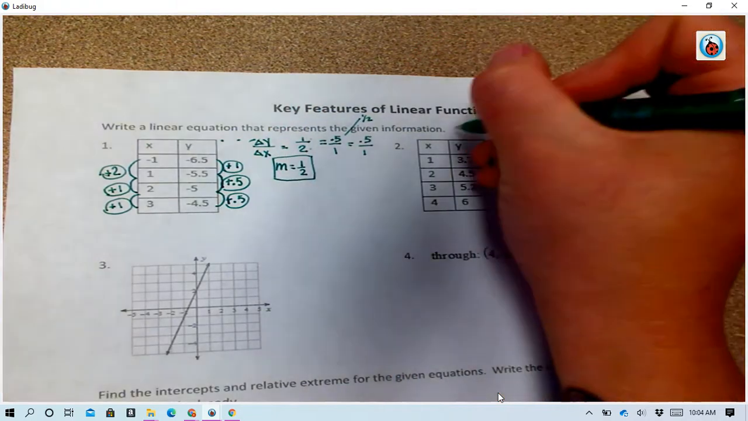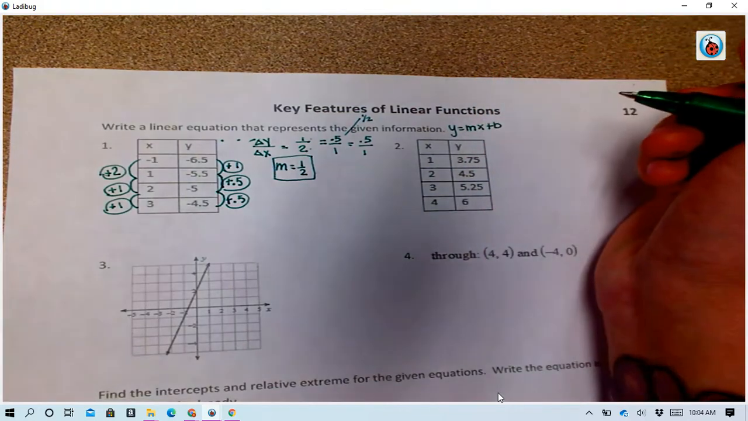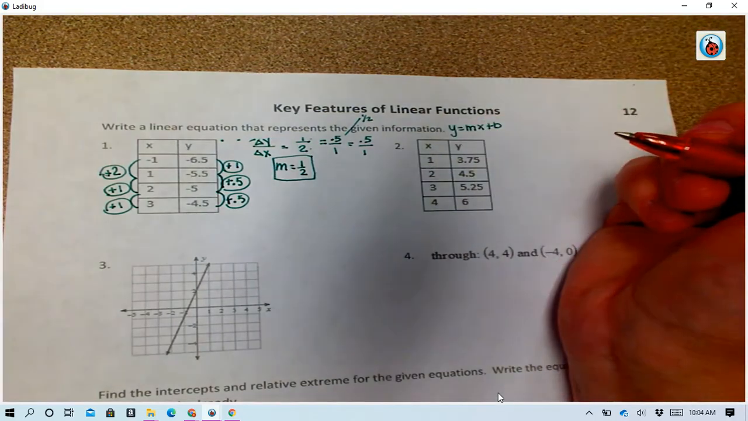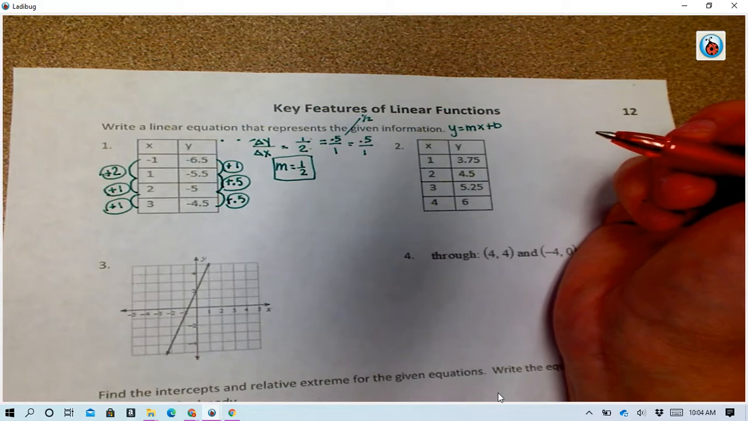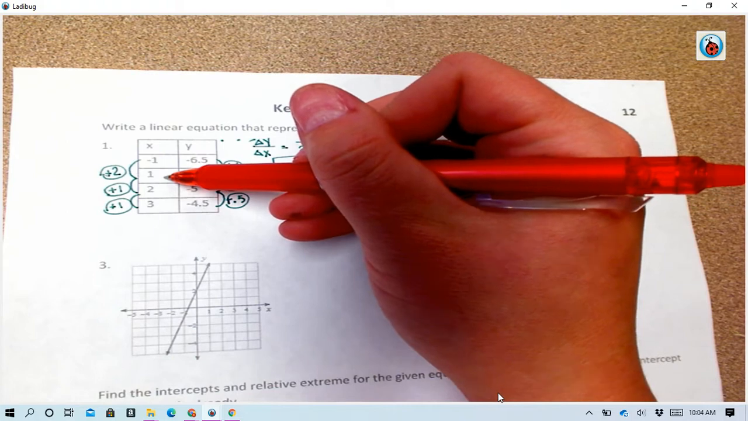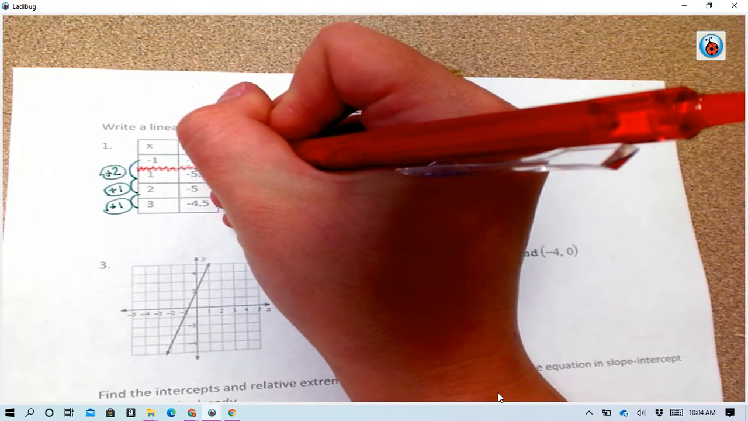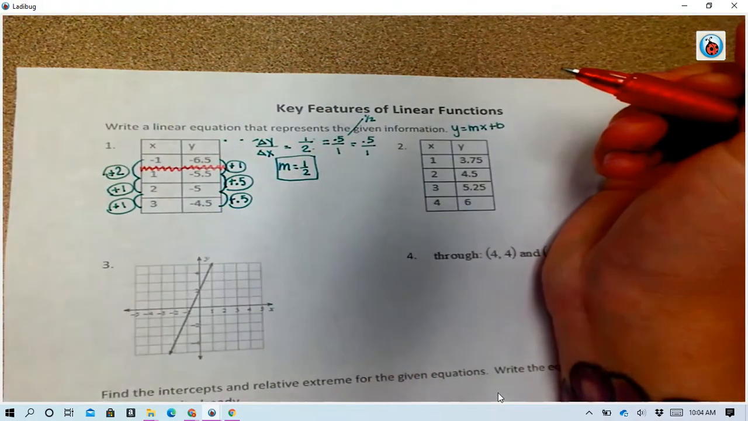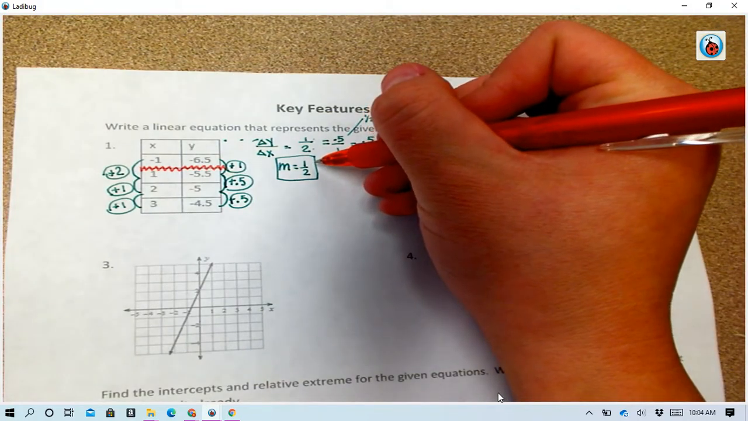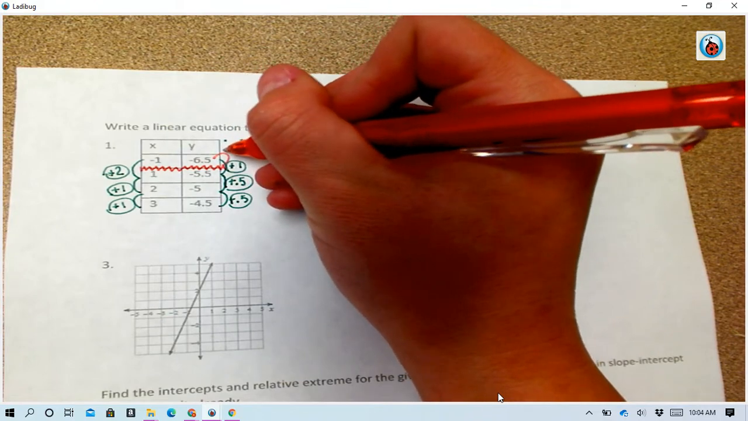Now we need to find our y-intercept, because if we're trying to write an equation, y equals mx plus b. To find our y-intercept, we're looking for when there's 0 as x in the table. Well, from -1 to 1, 0 should be right in the middle here. So this is what I meant where we might have to follow our pattern. So our pattern is to add 0.5. So if we started at -6.5 and we had to add 0.5